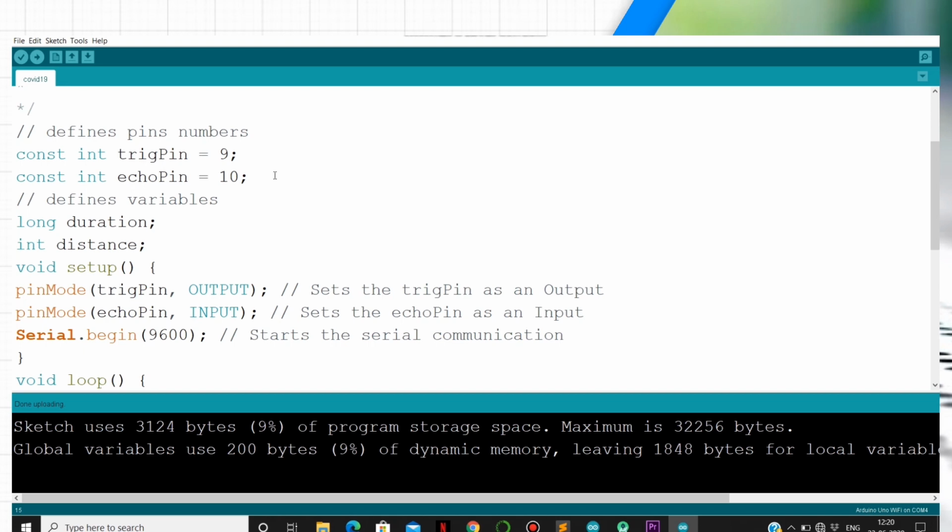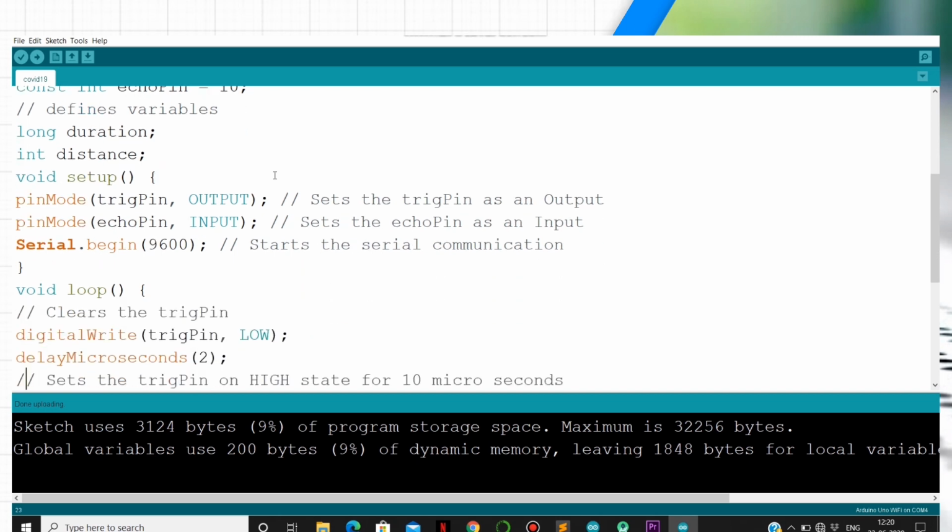In void setup, we define the trigger pin as an output device, and the echo pin, which gives the information to the Arduino board, as an input device. And we are initializing Serial.begin with 9600, which is the baud rate. So we have to use the serial monitor, and in order to use the serial monitor, we need to initialize this serial function here.